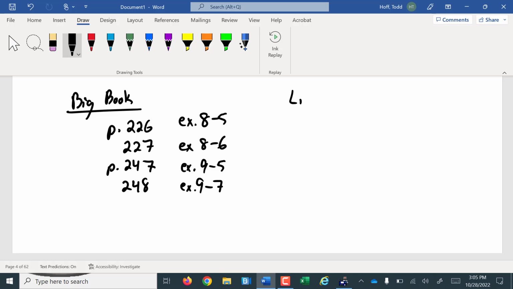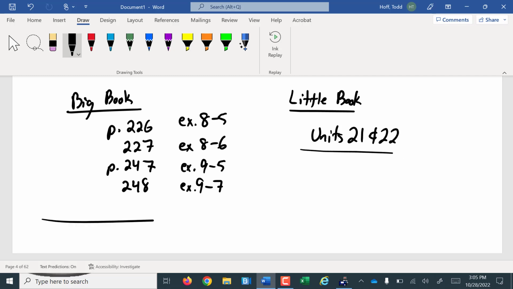And in the little book, we're looking at units 21 and 22. So that'll get you guys going. On Monday, I will try to stop a little early, give you guys a little bit more time to catch up on homework. With kind of the weird schedule lately, I realize